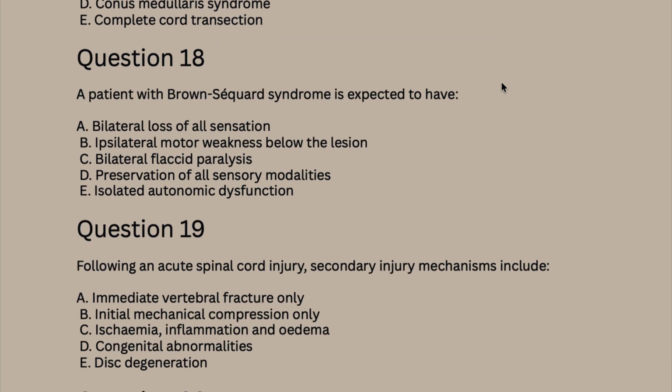Let's look at question 19, the second last question. So secondary spinal cord injury includes, and the correct answer will be ischemia, inflammation, edema, and these processes continue damaging neurons even after the initial trauma, and you must always look for common types of patterns. So in this case, you can notice that it has a similar pattern to traumatic brain injury. So primary injury happens first, and then secondary injury comes after that.